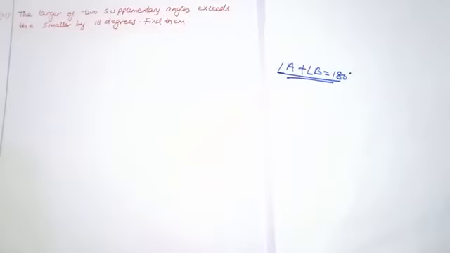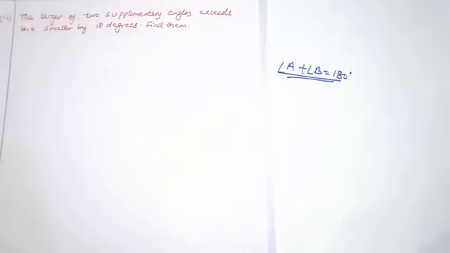दो एंगल को supplementary हम कहते हैं if the sum of the measures of the angles is equal to what? 180 degrees. Is that clear? In previous classes, in small classes, we have already learned this concept. Okay, what are supplementary angles? So the larger of the two supplementary angles.